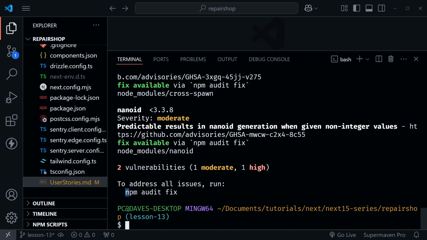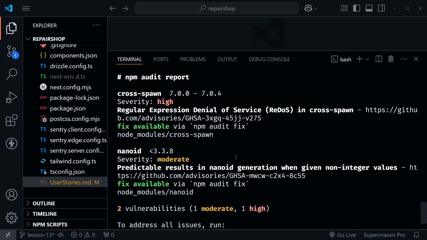But before we run npm audit fix, we need to discuss that a little bit. Let's look at what we have. So we just have cross-spawn and nanoid. Now these are not things that we added manually ourselves. These are dependencies in other things that are in our project, because something we add to our project can have its own dependencies. So with that said, we do want to fix these, but you would want to take more care,